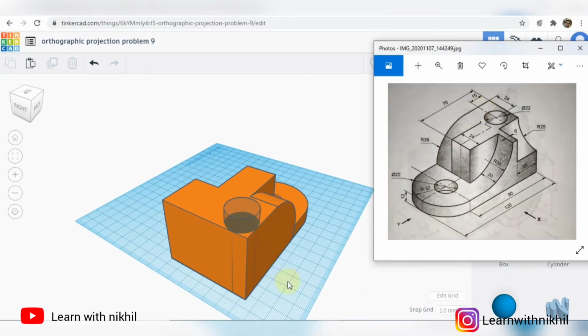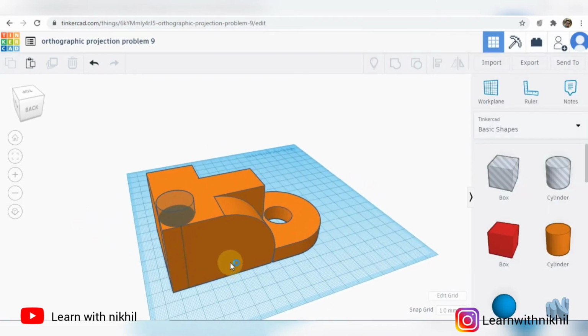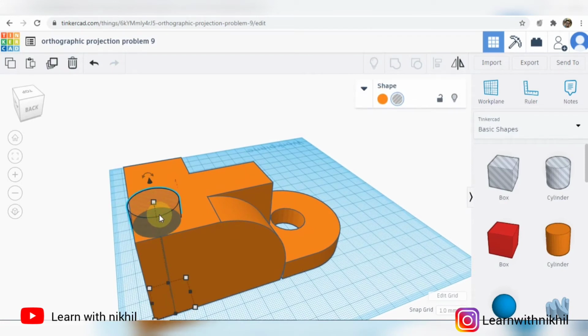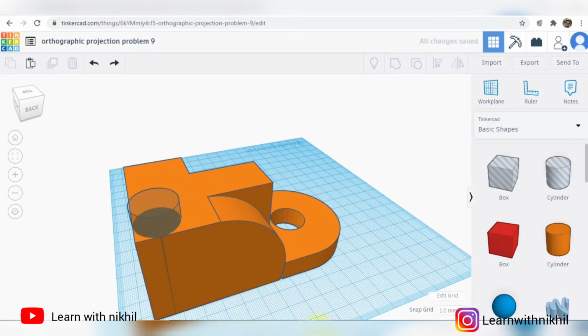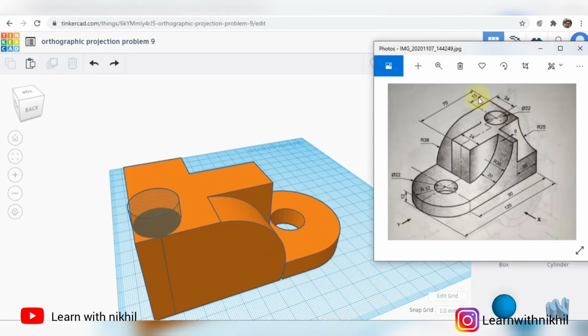Now we have to move this 15 from the back. So just dragging it. Now if I type here 15, then it will move ahead, but here the distance from the circumference to the edge is 15, but we don't want it like that. We want it from its midpoint.